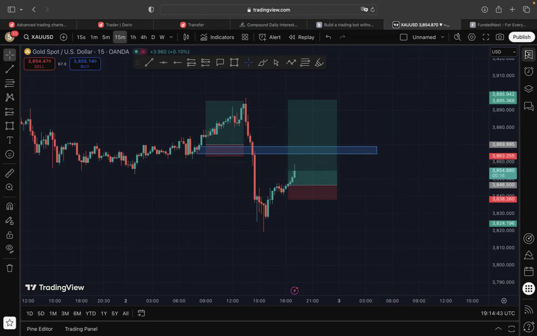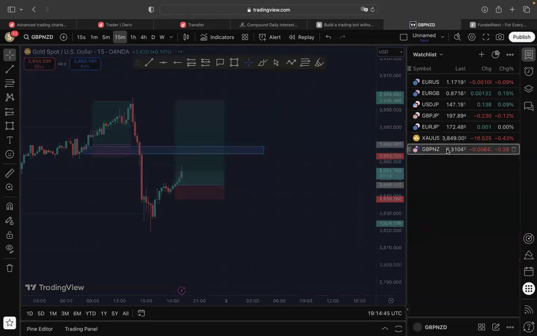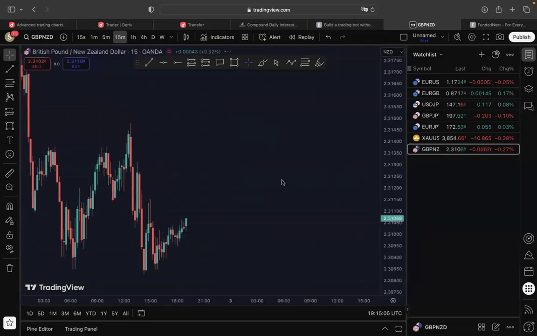So for that, we are going to be using, let's go to GBP and ZD here. We're going to check different markets, but I'm going to start with GBP and ZD here to explain fair value gap and order block, right? Now, guys, one thing you should understand, or one thing you should know if you want to become a very profitable trader is, my network is a bit slow here. One thing you should note is